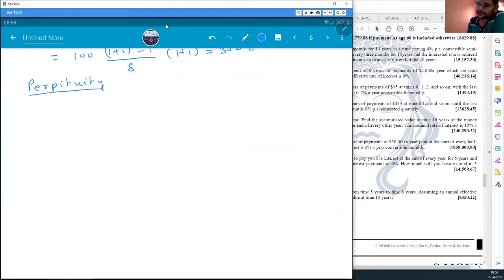The term perpetuity just means forever. So here we have payments that go on forever. Now, how is that possible? We are talking about literally infinite payments. The term infinite is not actually unreachable, as we always think it to be. We can actually reach infinite terms mathematically. I'll give you a simple example.